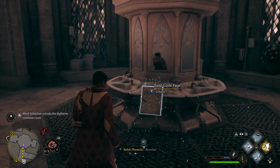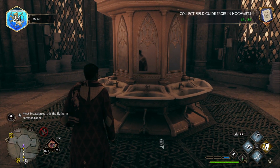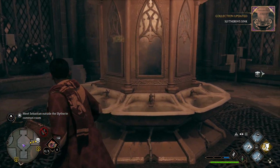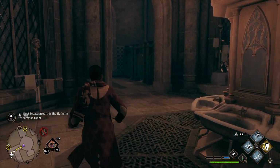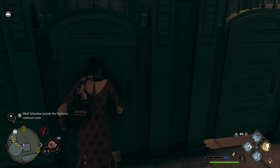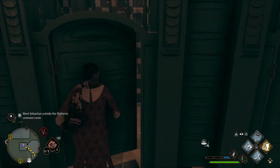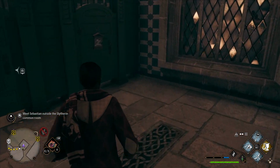Revelio. Yes, this is the one. This is it, guys. This is where you can access the Chamber of Secrets, right here. Huh. So this is where Moaning Myrtle dies. I assume there might be an Easter egg to kind of reference that, because obviously it didn't happen yet. But keep in mind, the Basilisk is alive. It is,